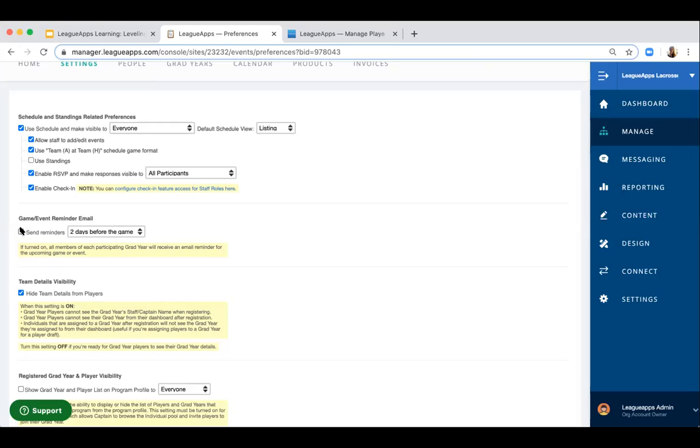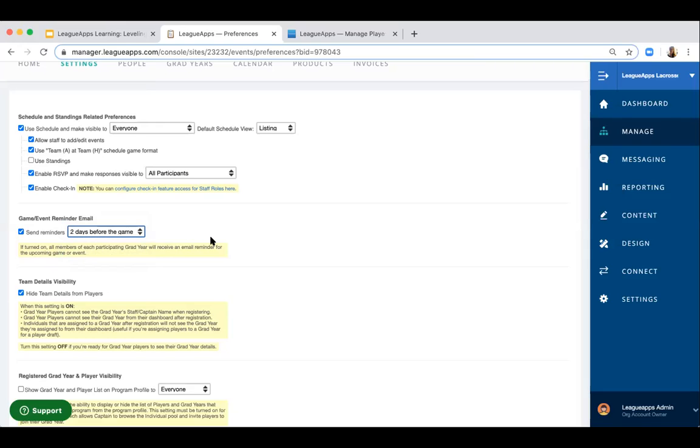But when we're operating as normal, and as you think about your return to play strategy, checking this off when you build schedules is pretty helpful. I think the more reminders about scheduling, the better. And right here, you can customize it to send 1 through 5 days before the game or event. So that is another automated messaging feature that hopefully saves you a lot of time and also increases the communication that you have with your participants.